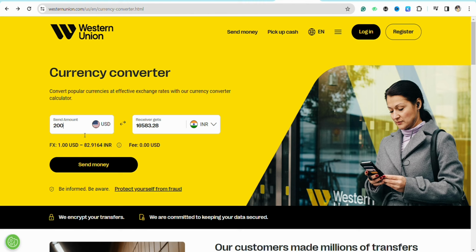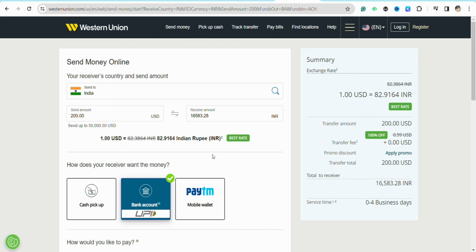So for example, if you're sending $200 in USD, that will be around 16,583 INR in Indian rupees. And you can also see the convenience fees that the converter will take, but in this case there is no fees as such. So just click on send money,